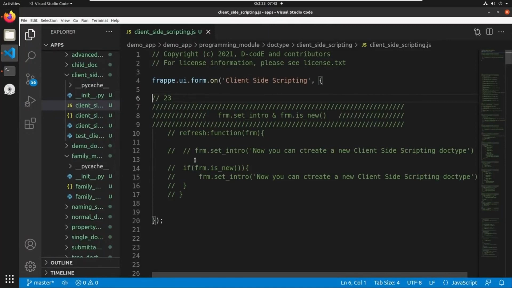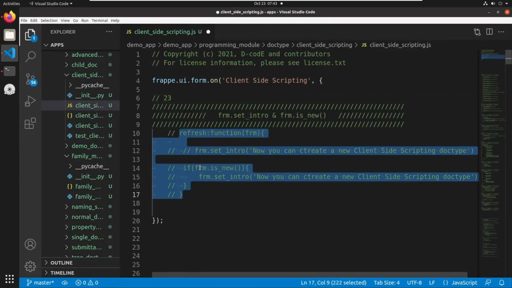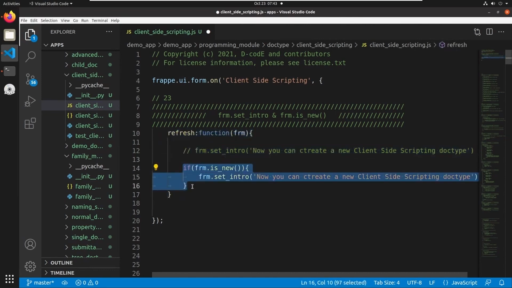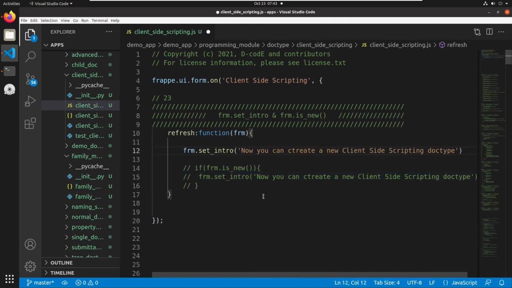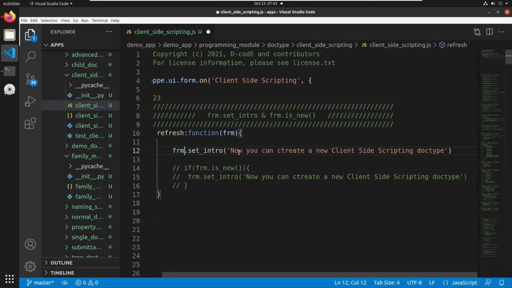I'm opening my VS Code. Then here I am triggering a refresh event, and let's comment this line. We can set intros using this method form.set_intro, and in brackets we can add the intro message. So here I am adding the message. Now you can create a new client-side scripting doc type. Let's save this